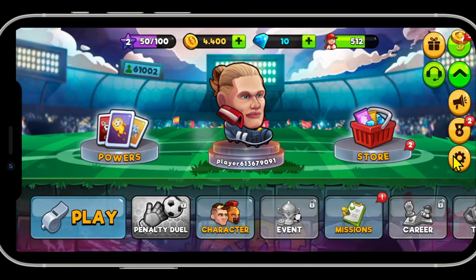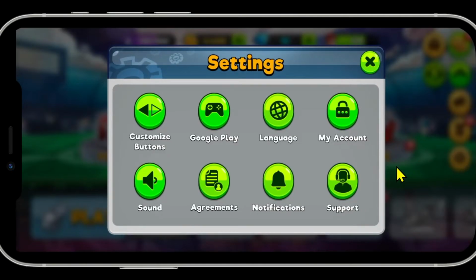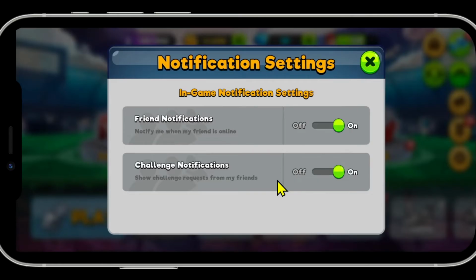You will then see the gear icon. Tap on the gear icon and this will take you into the settings page, within which you can tap on the notifications button, and now you will see the toggle for the kind of notifications that you will receive from the game. Make sure to turn these buttons off, and now you will not receive any more notification from within